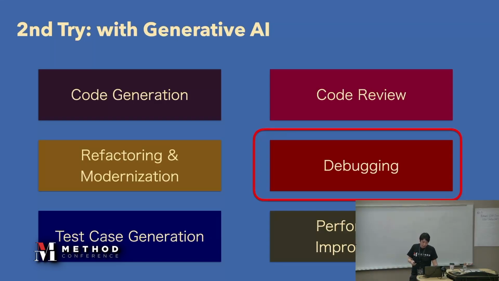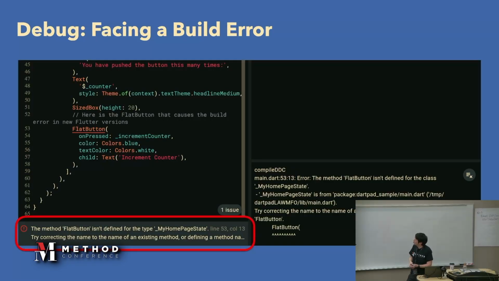Okay, I'd like to show one example. Here is an example. Sometimes we copy and paste auto-generated code and just run it, but unfortunately sometimes it will not run as we expect, with a compile or build error like this. But by using generative AI, we can easily solve this problem. The detail of the build error is here.